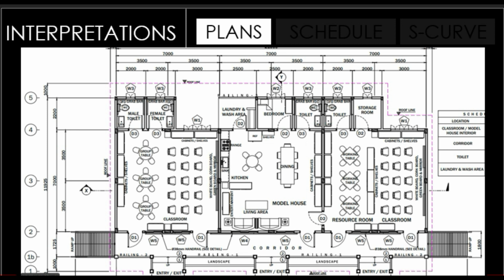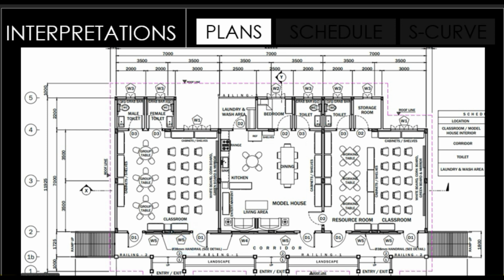A floor plan is different from a foundation plan. A floor plan is a top view plan that shows the detail of the room or its corresponding functions, such as the model house, kitchen, living area, resource room, classroom, corridor, bedroom, toilets, laundry, entrance, exits. The location of fixtures such as blackboards, tables, seats and chairs, cabinets, doors, and windows. These are also shown here